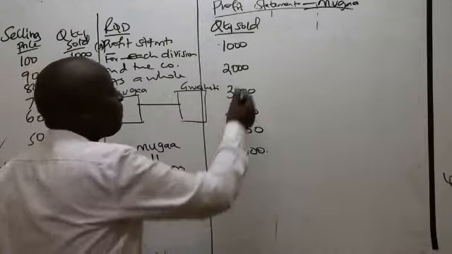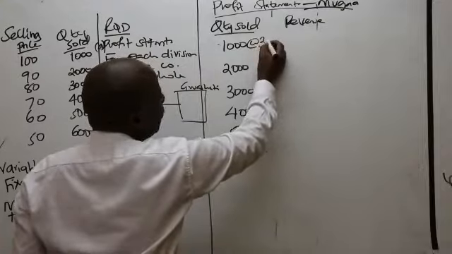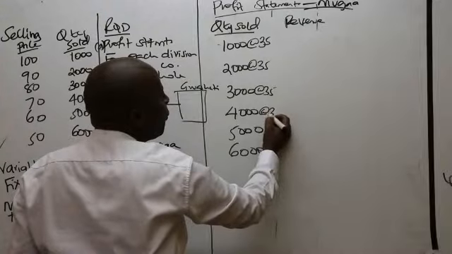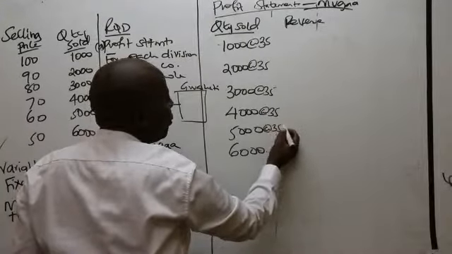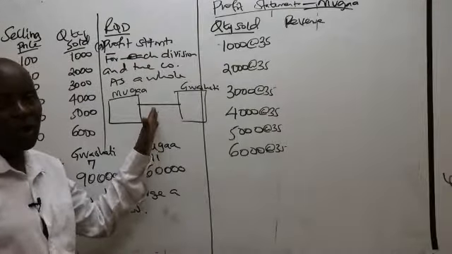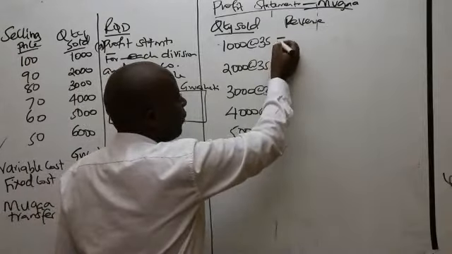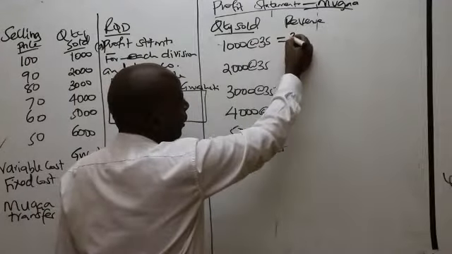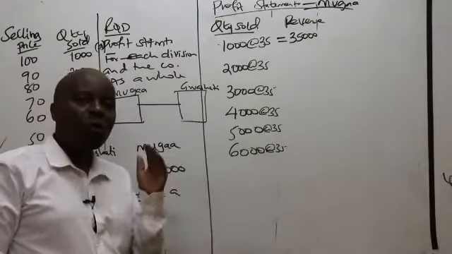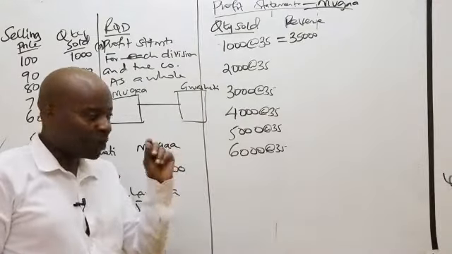So meaning that to get revenue, I need to convert these quantities at 35, regardless of the quantity produced. The transfer price is not in advance and always remains constant. So could you kindly give us these revenues? So revenue is 1,000 times 35, which gives us 35,000. Ladies and gentlemen, remember that to get revenue is always price times quantity.